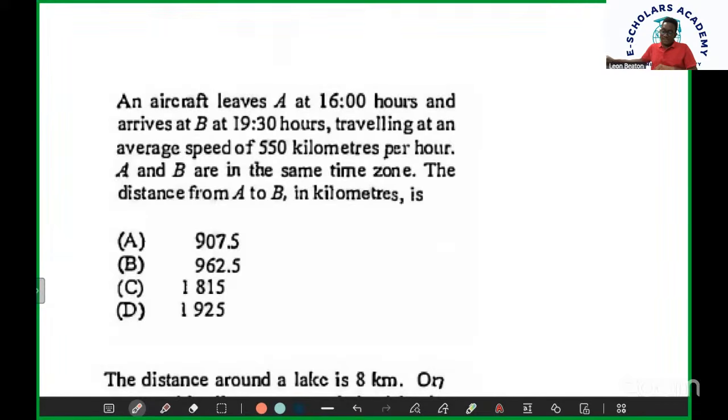So a man leaves A at 1600 hours and arrives at B at 1930 hours, traveling at an average speed of 550 km per hour. A and B are in the same time zone. The distance from A to B in km is,